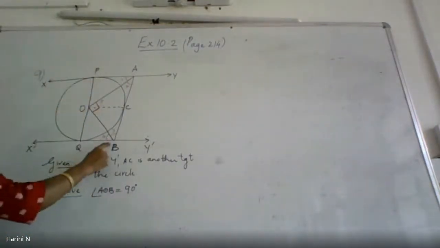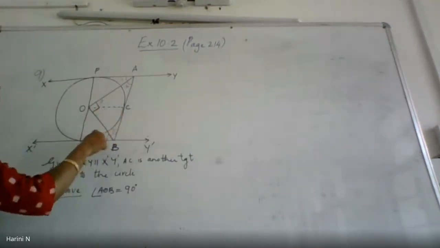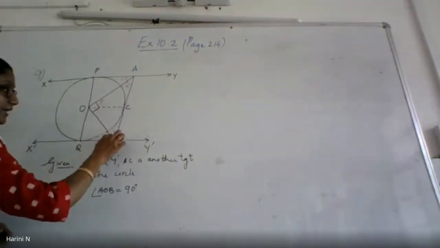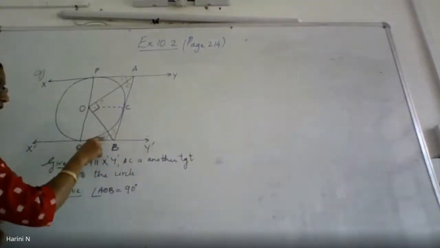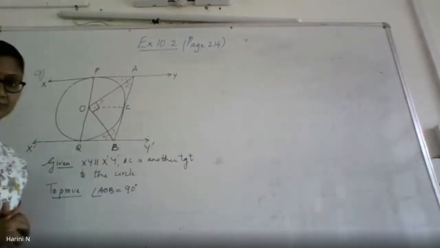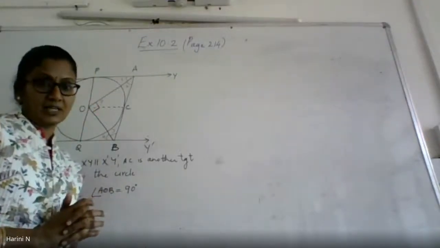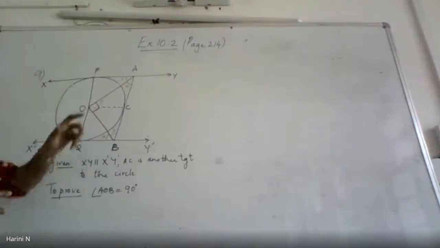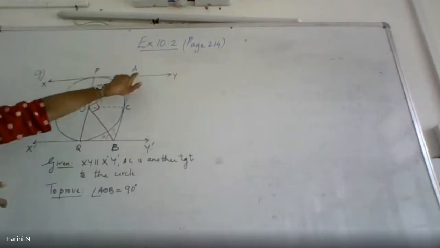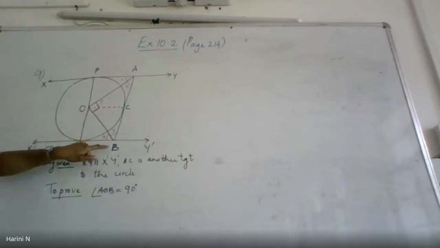Similarly, come back to point B. You have joined O and B. So this is the segment which is making equal angles with the tangents. BQ is one tangent, BC is another tangent. So 3 is the angle made by BC with OB and 4 is the angle made by BQ with OB. So this 3 and 4 also will become equal. Can you understand that? I've just used theorem 3. When two tangents are drawn from an external point to a circle, they make equal angles with the segment joining the center to that point.